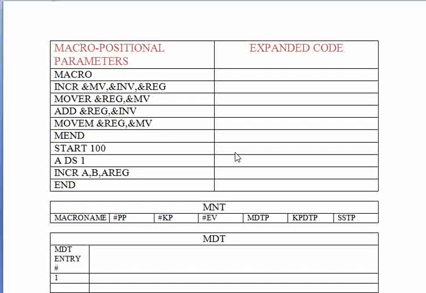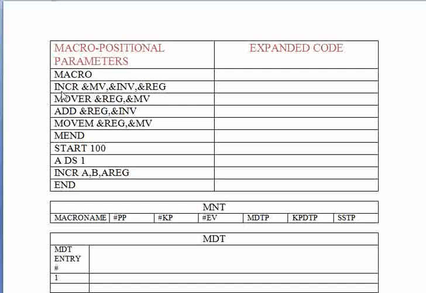So the first keyword here represents the start of the macro. With this word, the macro processor recognizes that this is a macro and certain processing needs to be done. The first word following this keyword macro is the name of the macro, which is known as incr. Here this line is called a prototype statement. A prototype statement always contains the name of the macro followed by the parameters.